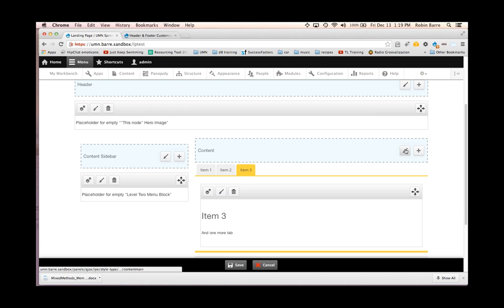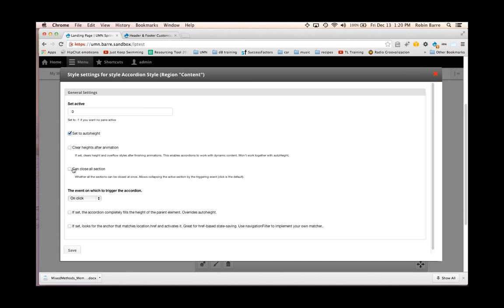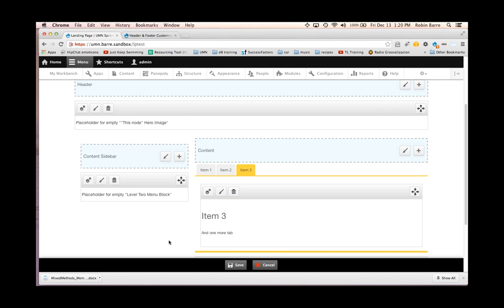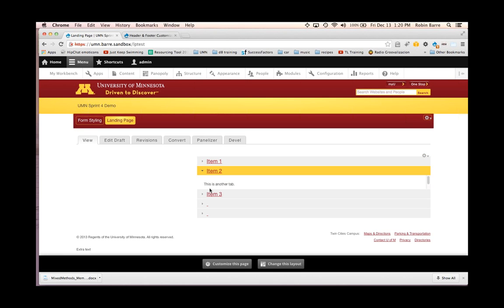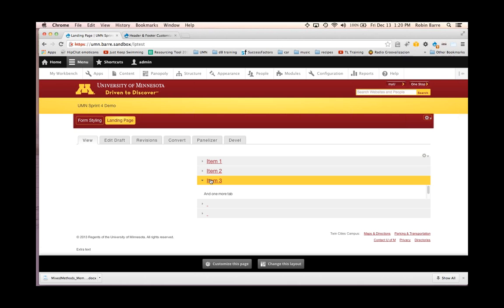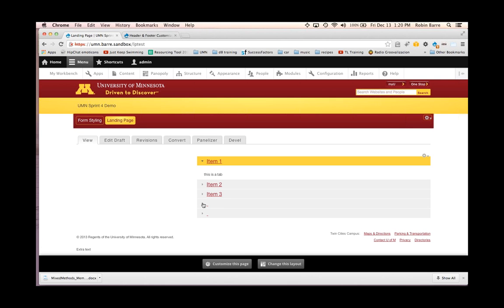Now I could go and change these to an accordion if I'd like. So let's see how that goes. Again, we're making sure we're in the right region to set the style for the region. You'll see this little paintbrush button shows up on all sorts of objects in Panelizer, so you just want to make sure you're clicking the right one. So we click it for the region, and there's the accordion style. Great. So let's click that. I'm going to use the defaults